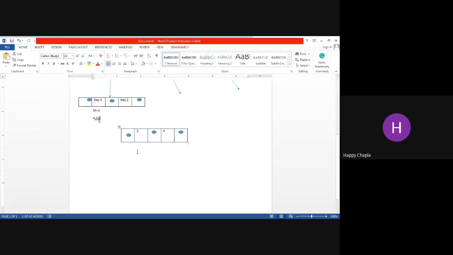We don't have any nodes available with us, right? Is there any space to insert a new value in this available space? No. Why? Because this node is full, so we cannot insert. How can we decide it? Because this is n equals 3, and the maximum number of key values we can insert in the same node is 2. So we cannot insert more than 2 values at the same level. So if we want to insert this 6, what do we have to do here? Now we have to insert this 6 in the